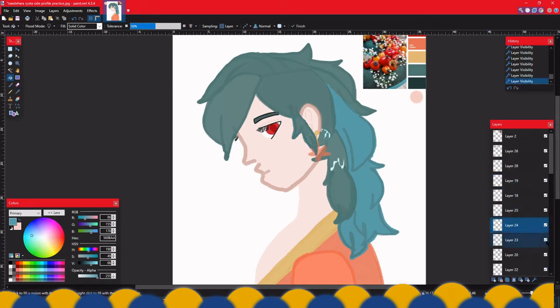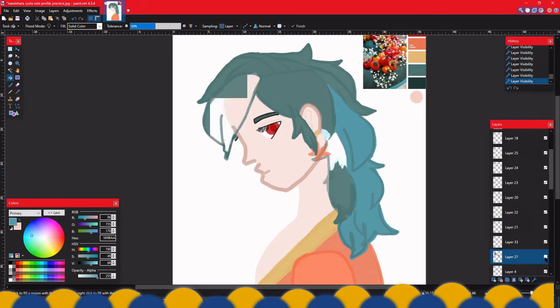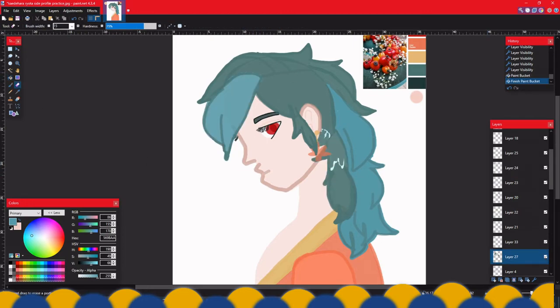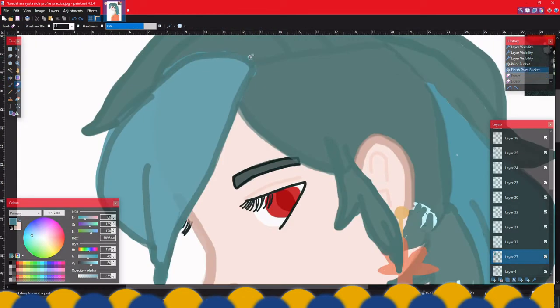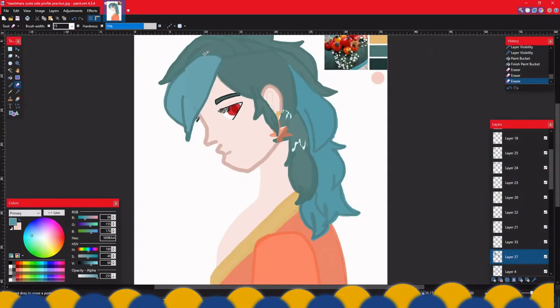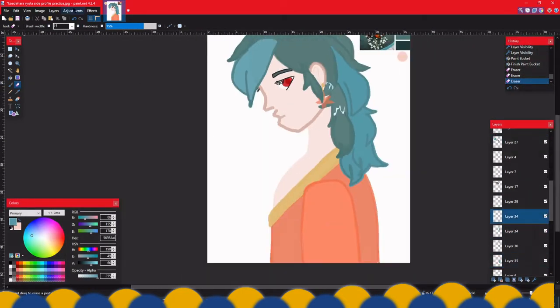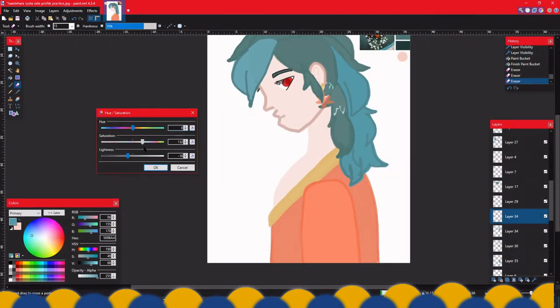Later on, not right now because I'm messing around with the hair, you'll see how much difference colors make, because here he looks like a bright character, or he has hints of being bright and cool at the same time.